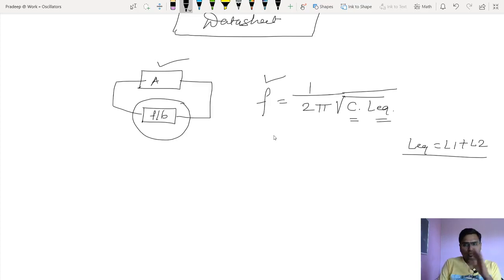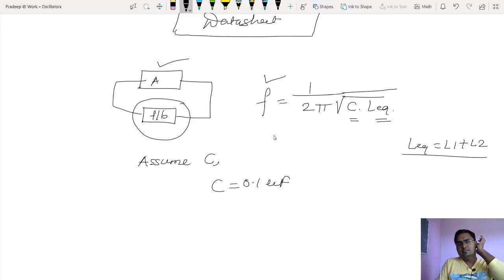As if there is no way to have the value of the capacitor or inductor. Actually the aim is to calculate the values of the capacitor and inductor. So one value should be known, then only can I calculate the other. Let us assume the value of the capacitor. Why? Because we have two inductors, so it's better to assume the value of the capacitor. So let me assume capacitor C is equal to 0.1 microfarad. So 0.1 microfarad is a suitable value. Why? Because we are dealing with a small VCC up to 10 volt. So that's why 0.1 microfarad is okay with me. I'll go with that.